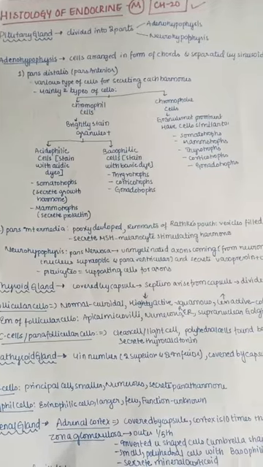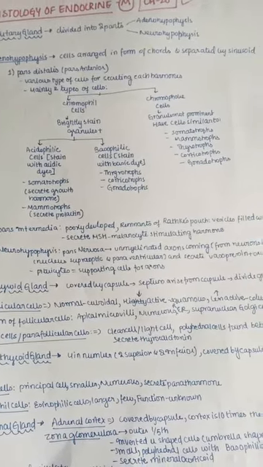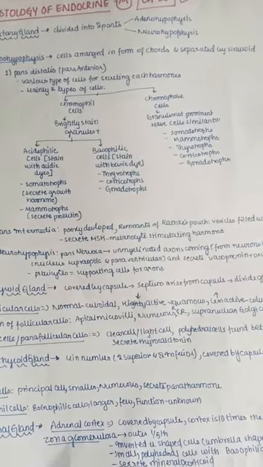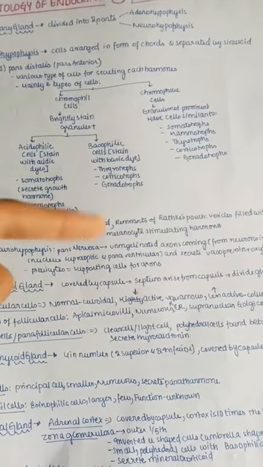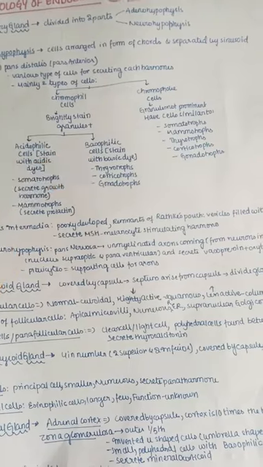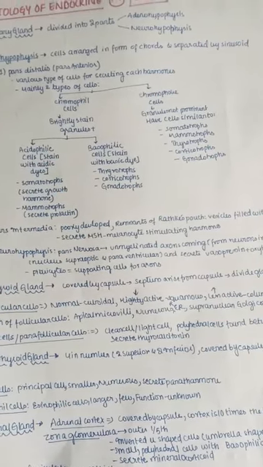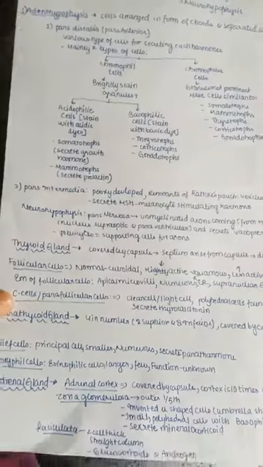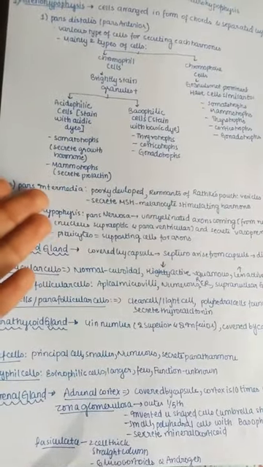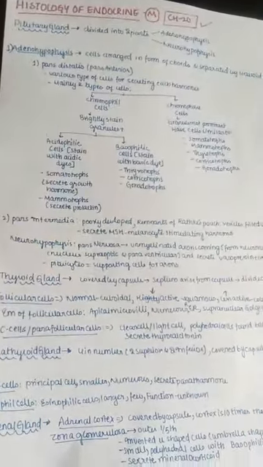Now let us see the chromophobe cells. Chromophobe cells have granules that are not prominent, and they are cells similar to all of these, that is somatotropes, mammotropes, thyrotropes, corticotropes and gonadotropes. So by this we complete the pars anterior. Now let us see the pars intermedia. The pars intermedia lies between the pars anterior and the pars posterior.